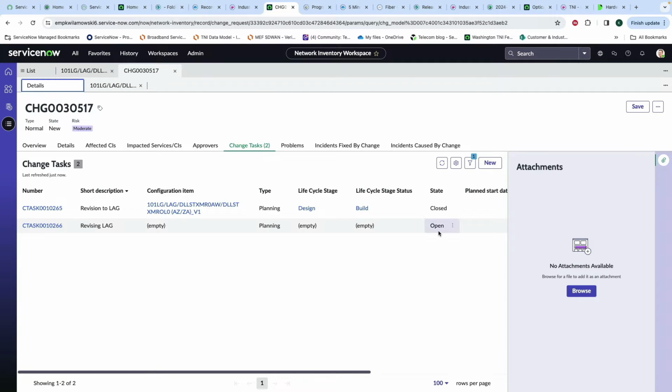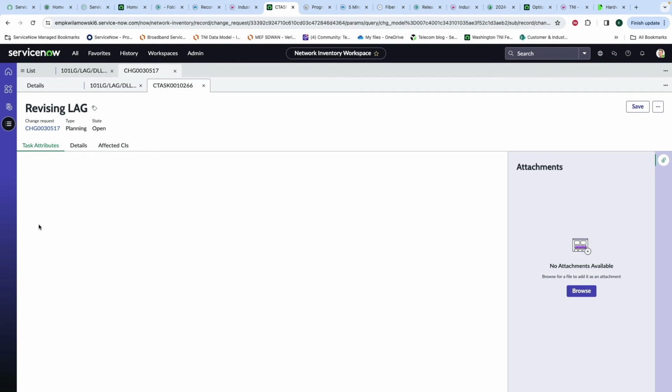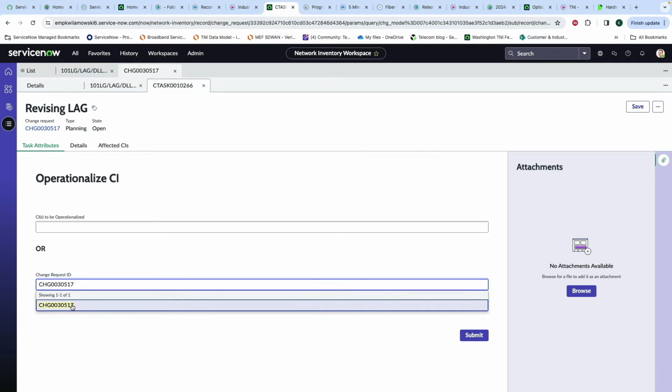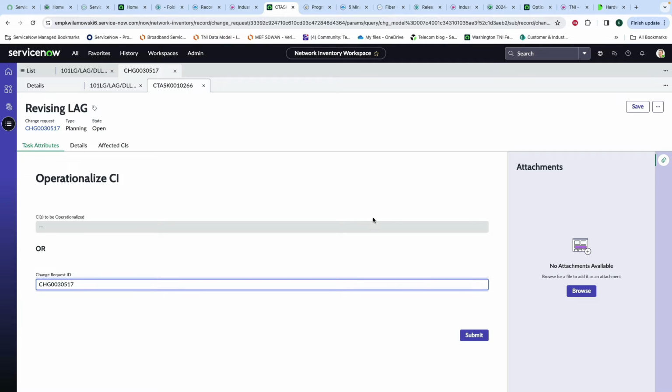So now we'll go back to our change request and we'll operationalize those changes. So if we click on our other task here, you'll see that I can either put in that CI name that I did on the other task, or I can just put in the change request number, and then all of the things that had changes made to them will then be operationalized. So in this case, let's go ahead and just use the whole change request. All right, so now when we submit,